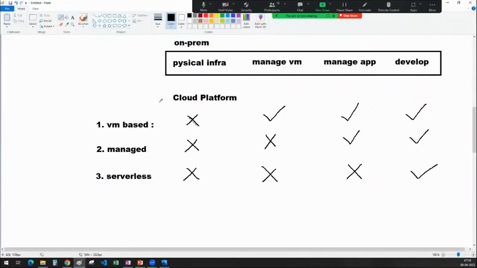Okay, that property will be that management of the virtual and physical infrastructure will be taken care of by the cloud platform. How, sir? We are already seeing some data centers, right? Google has its Google data center, Amazon has its own, and that's where they are managing the physical infrastructure. Managing the virtual machine, managing the application, and developing an application will be on you